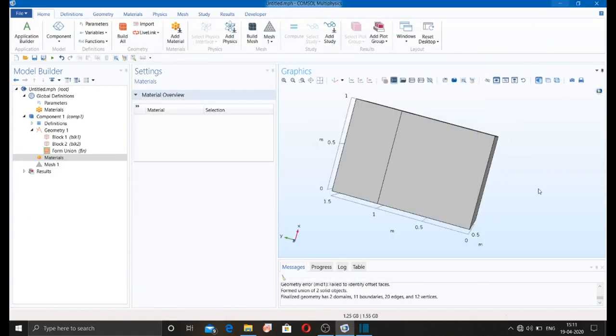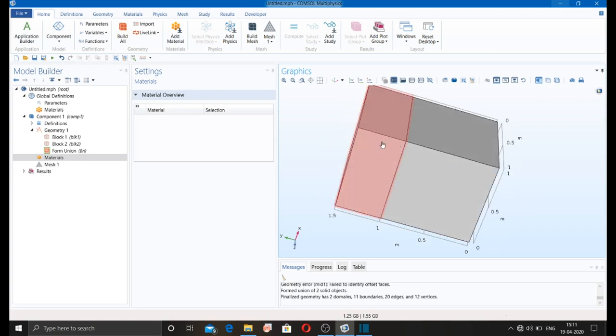Hello guys, in this video I am going to discuss the material toolbar. In this video you will learn how to add the material properties to the particular domain or boundary. So in this I am going to select the materials, add material from library.